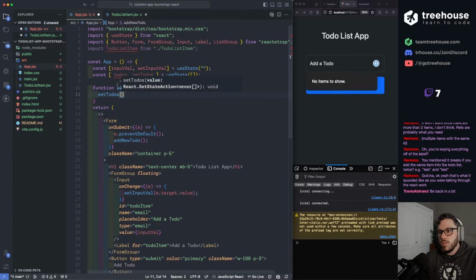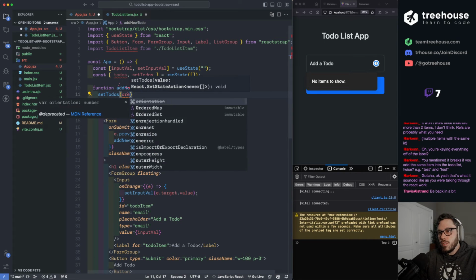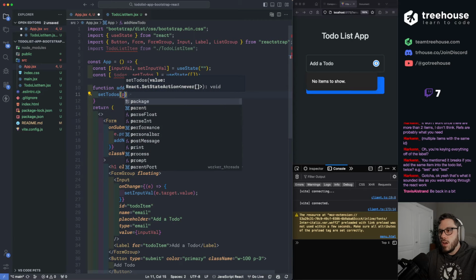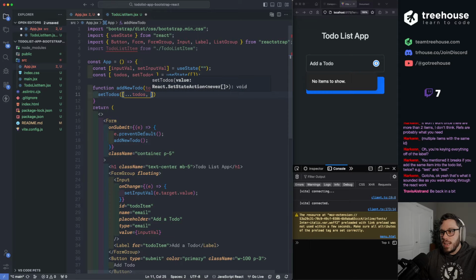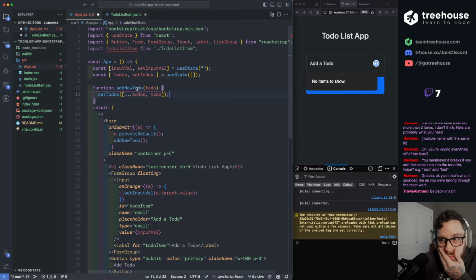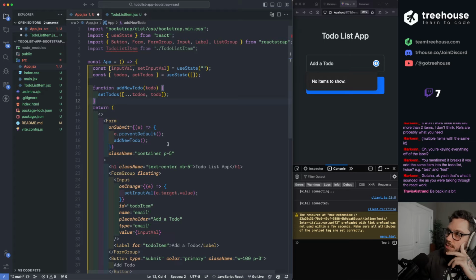Set to-dos prev. Oh, you know what? Let's take everything that's already in to-dos and then add the new to-do. That should work, right? But we need to get this value.